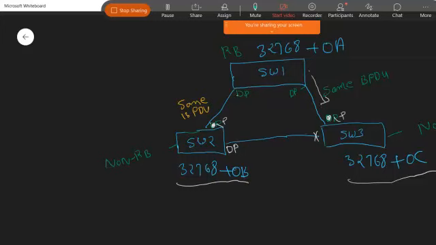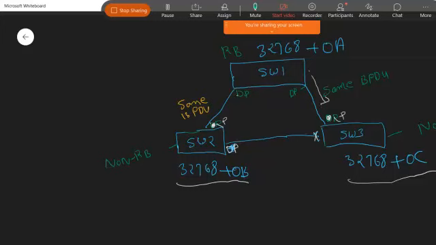See, just forget the block port and this DP port for now, right? Just forget this. Now, what will happen? We have three switches, and on all the switches, first of all the root bridge election criteria is going to happen.